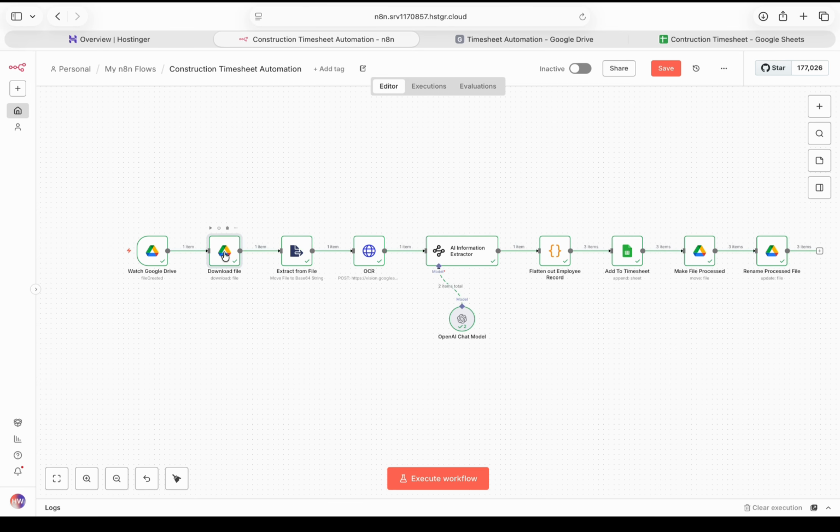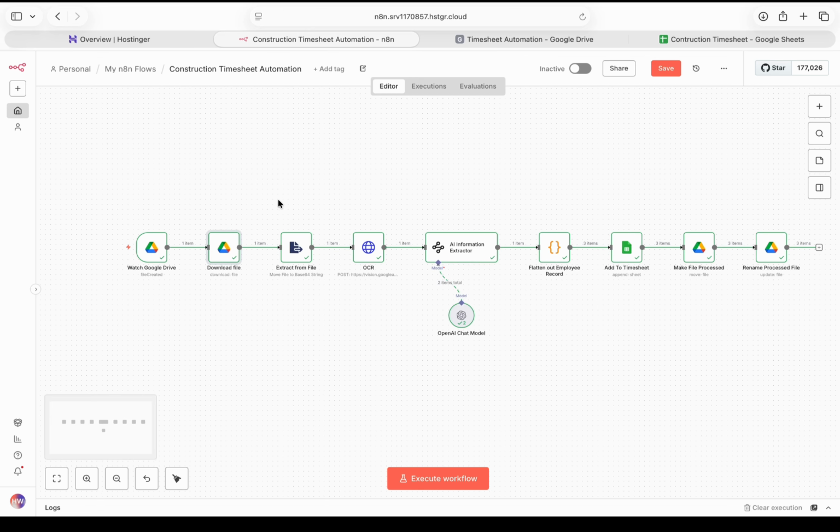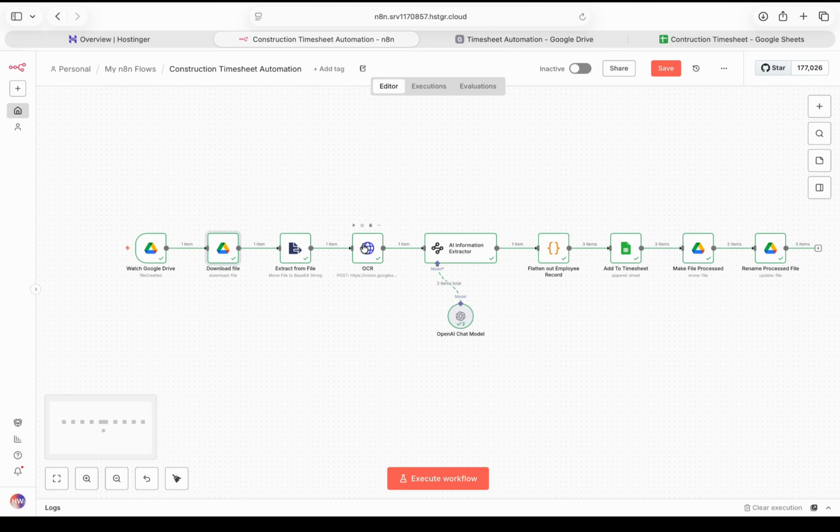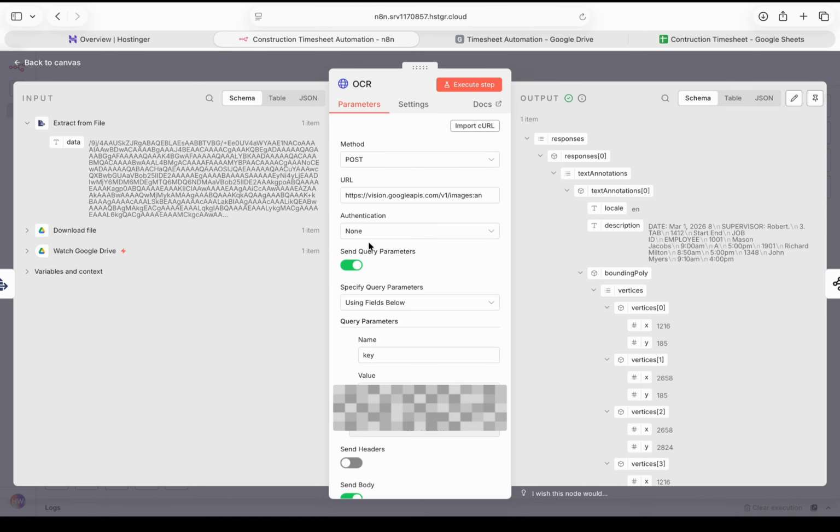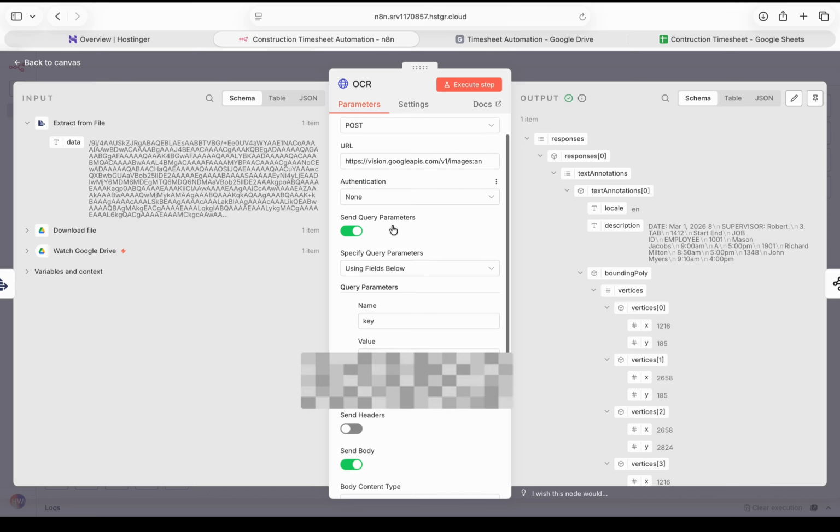Now that the file has been downloaded, our next step has to be to read that image. For us to read that image, we have made use of the Google Cloud API. Google has a Cloud Vision API that is basically an OCR. It reads images. If I go inside the OCR, you can see we need a POST method. Basically, I need to ping the API of Google Cloud Vision, and inside I need to provide